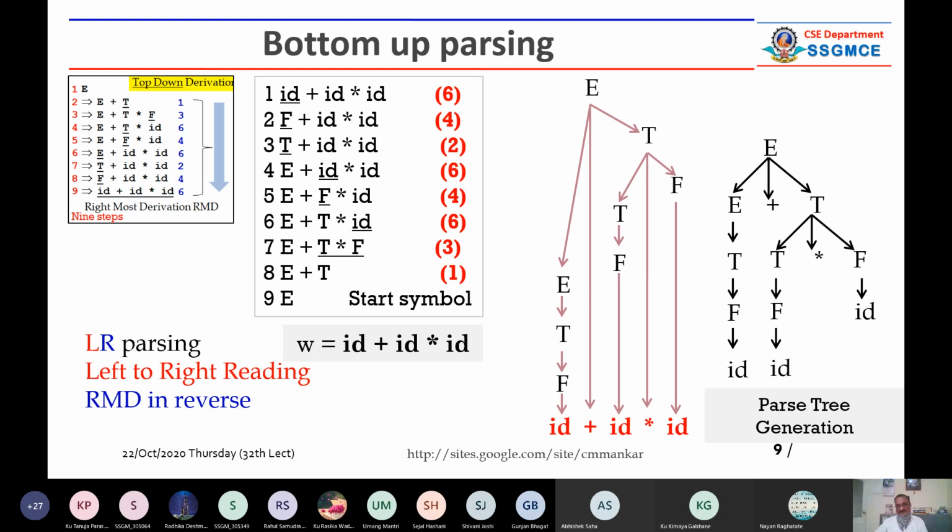Then E, then F, then T, then again F, then T, and lastly you generated E, that is the start symbol. So this is how we generate the parse tree. We are going to learn how to generate the AST, that is an annotated parse tree or abstract syntax tree.